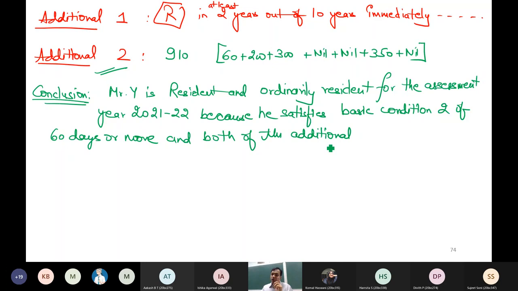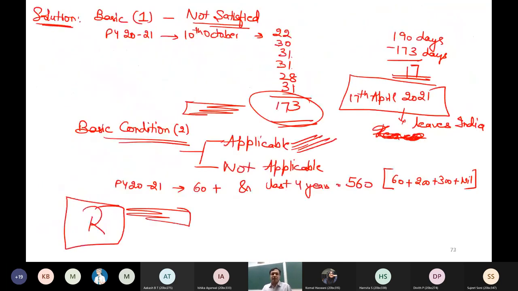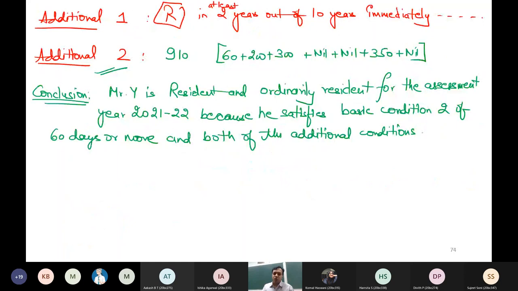So presentation I will show you later. For the time being, you must know at least the correct calculation. So if you have computed ROR with these reasons which I have given, then that means your concepts are strong now. Please raise your hand if it is clear. You must not forget that it is not the presentation.